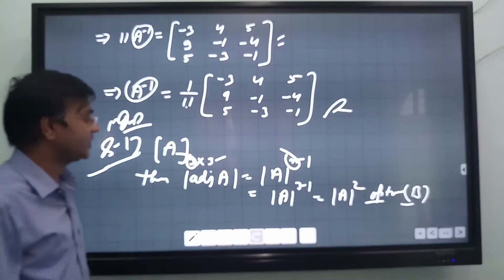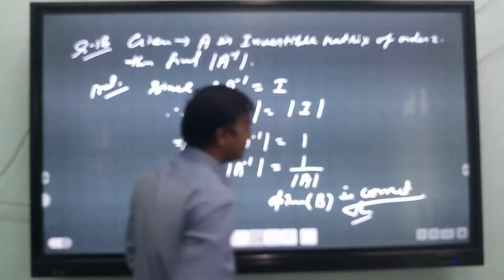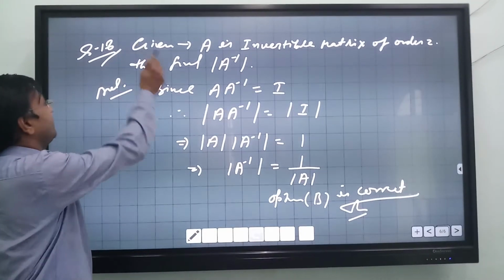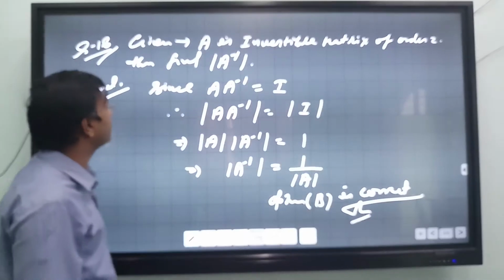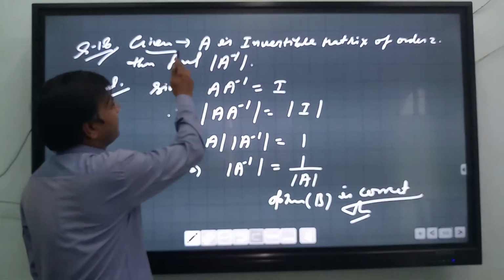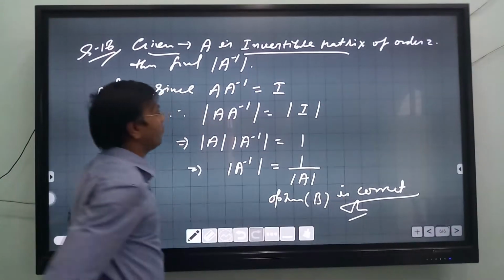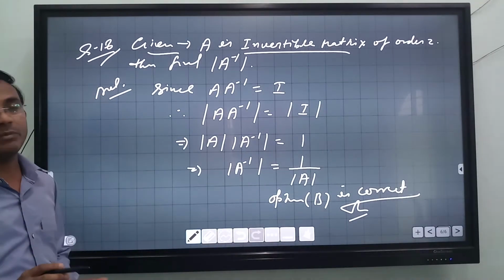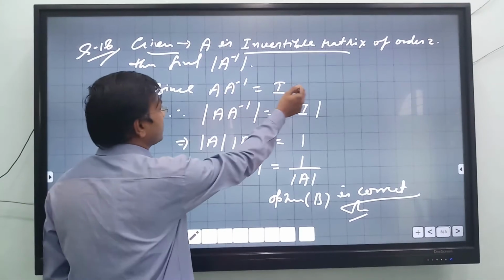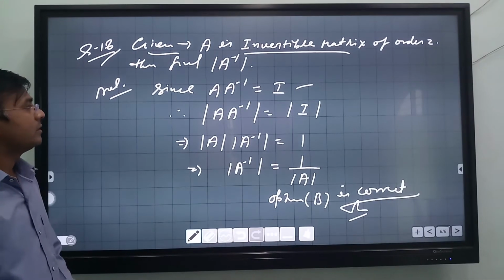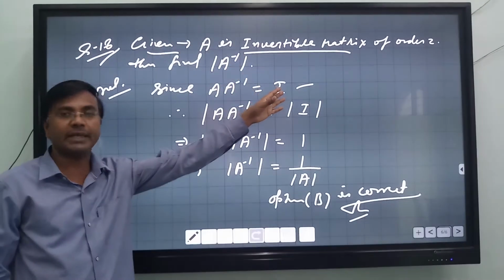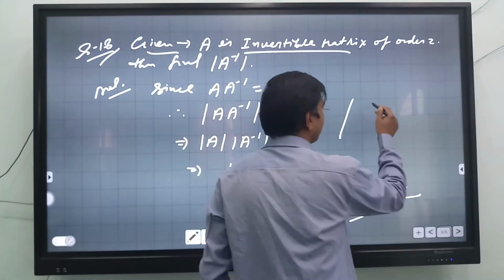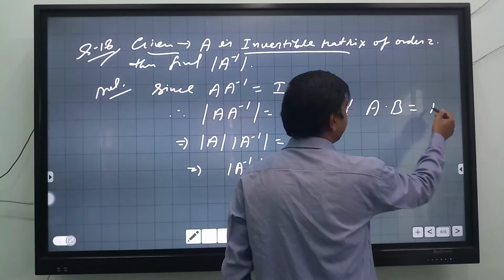Okay. Now the last question of the exercise, and hence the exercise will be over. Okay. Question number 18, also the important one in 1 mark. These two questions. It is given that A is invertible matrix of order 2. So then find A inverse. Okay. So invertible matrix means A into A inverse equals to I. Okay. If two matrices giving product I means identity matrix, then both are the inverse of each other. So we discussed like this in property,